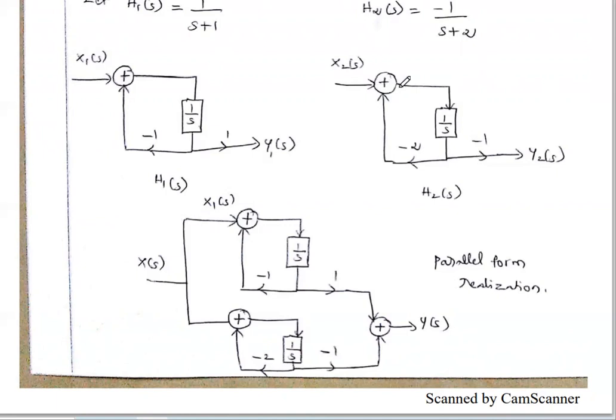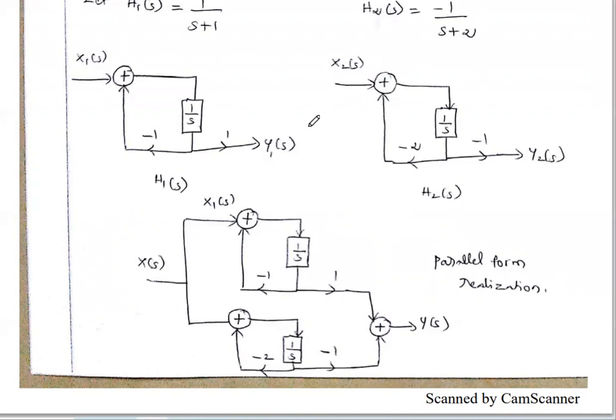These two diagrams we have to connect in parallel. So what is parallel? You draw the first diagram on top and the second diagram at the bottom. These two inputs, x1 and x2, you just connect. These two inputs are shorted and we give only one external input, x. So this X of S is applied to the first system as well as the second system.